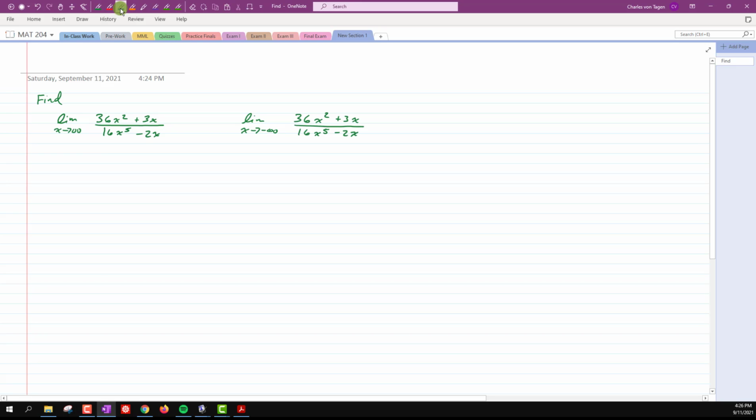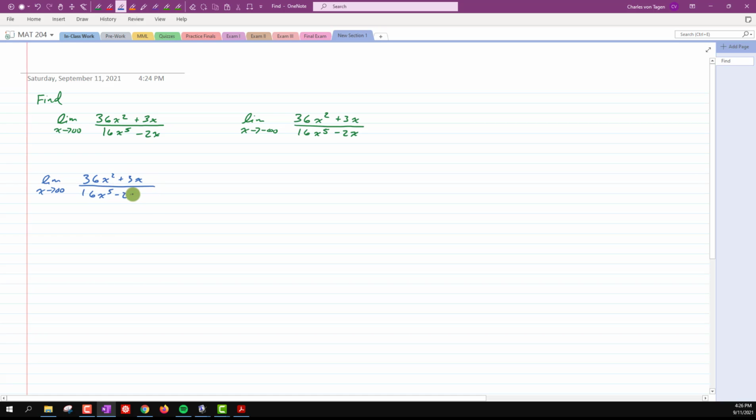Folks, I had a great question from one of you about computing these pairs of limits. The limit as x approaches infinity of this rational function, and for the same rational function, we'll look at the limit as x approaches minus infinity. So let's give it a shot. Trying the first question, we've got the limit as x approaches infinity of 36x squared plus 3x all over 16x